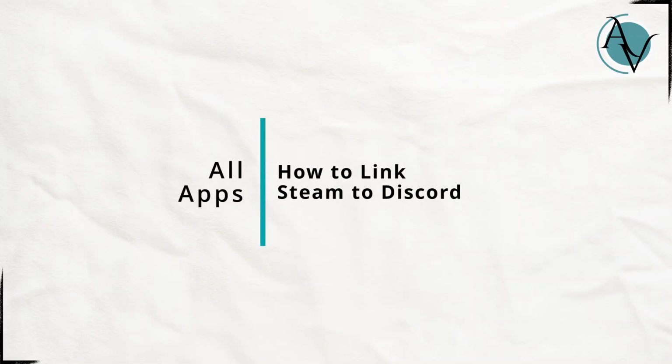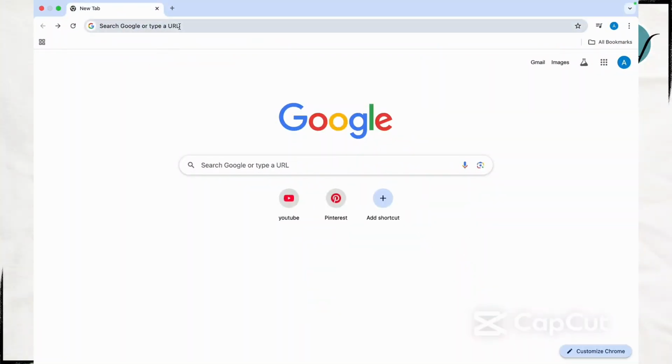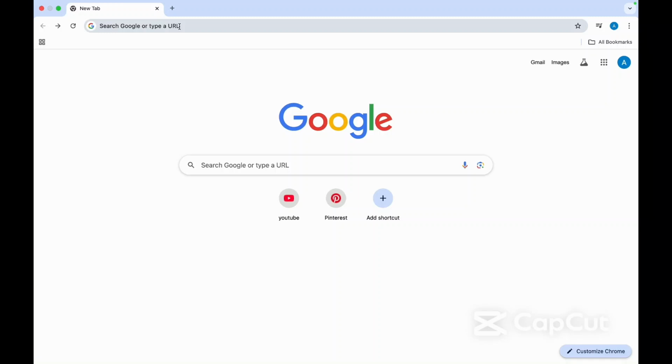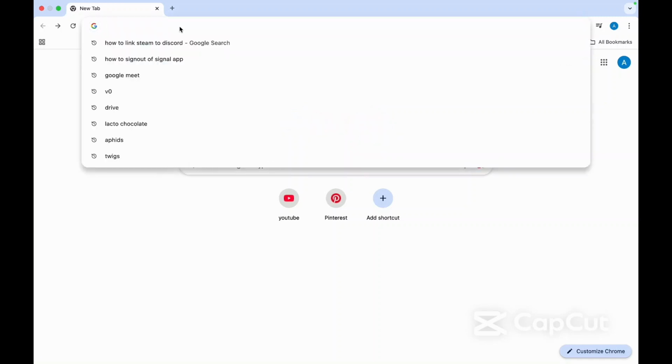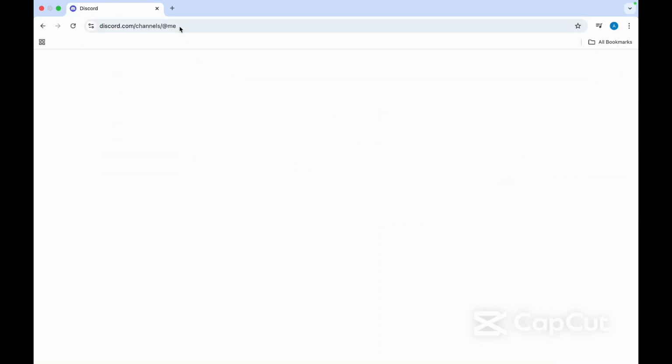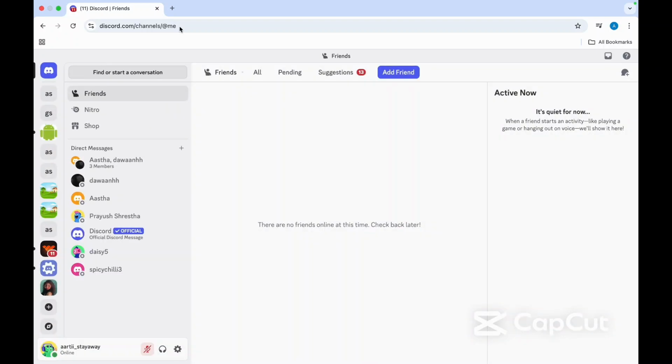How to link Steam to Discord. So here is a simple step-by-step guide to link your Steam account to Discord so your friends can see what you are playing or easily connect with you. So first of all, navigate to the Discord app or Discord website and make sure you are logged into your